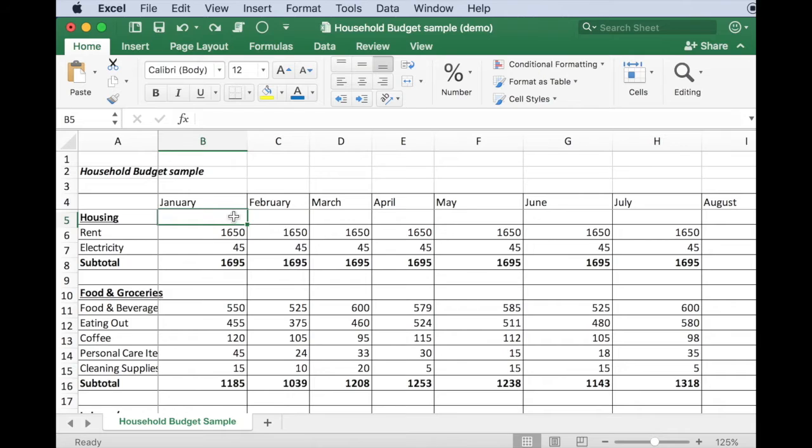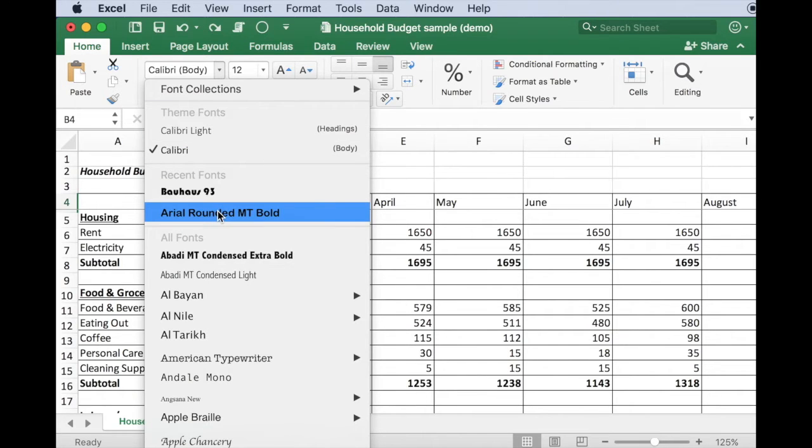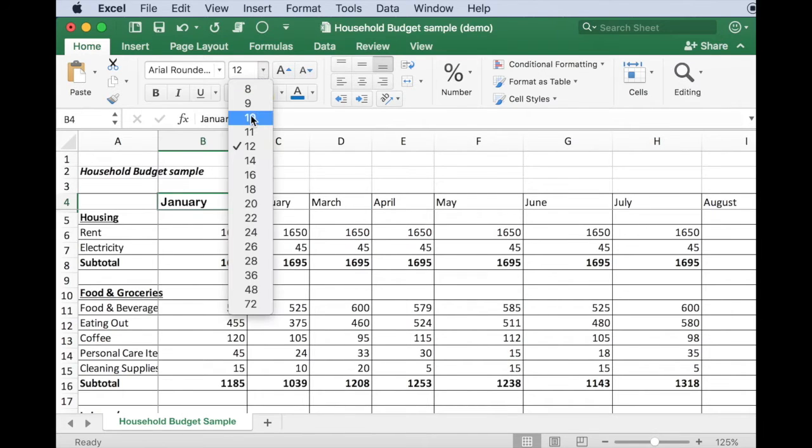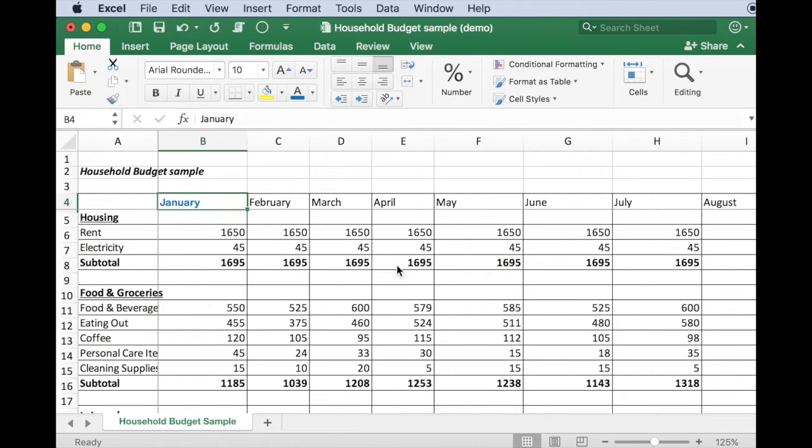So let's say that I want to format this cell containing the word January. And what I want to do is to change the font to become this Arial rounded empty bold instead. And I also want to change the size to become 10 instead. And lastly, I also want to change the color to become this blue here. So now what I want to do is I want to apply the same kind of formatting to these other